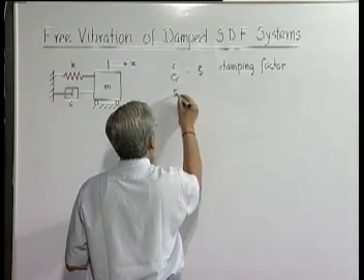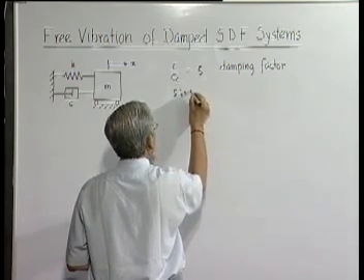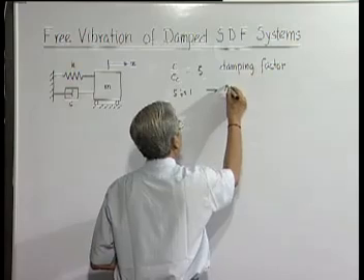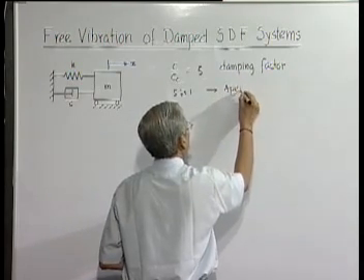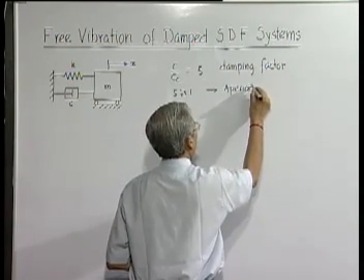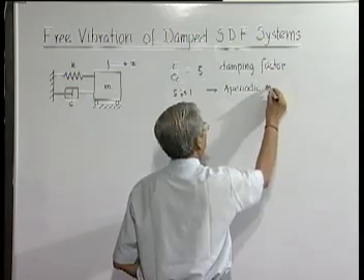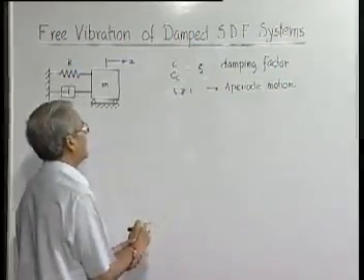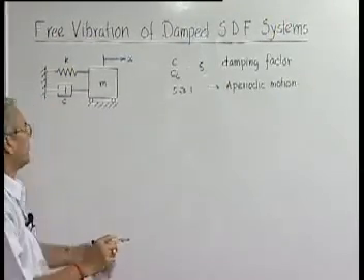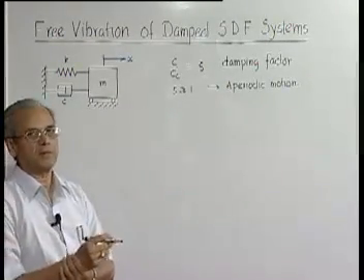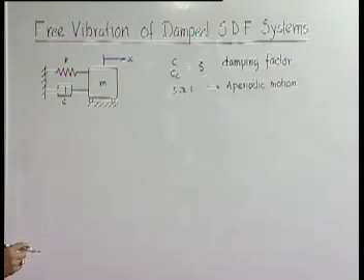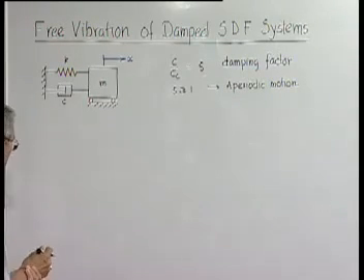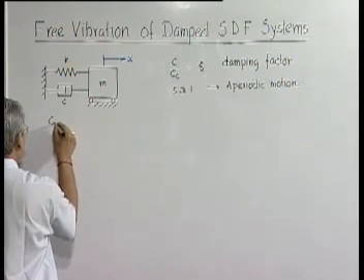When zeta is more than or equal to 1, it leads to aperiodic motion. We will investigate a little bit more about the motion of such systems when zeta is equal to or more than 1. The general solution